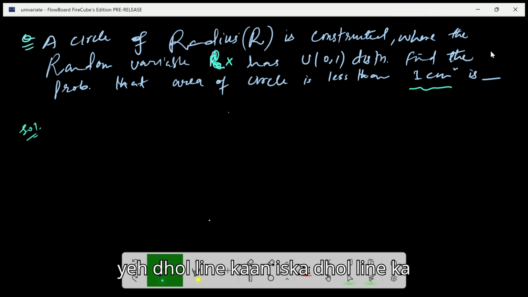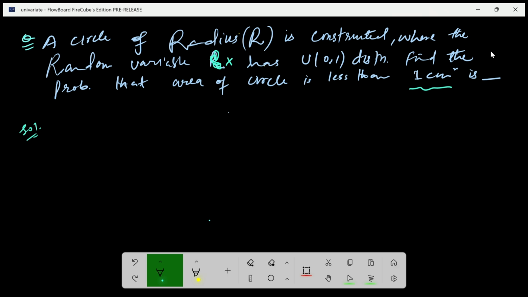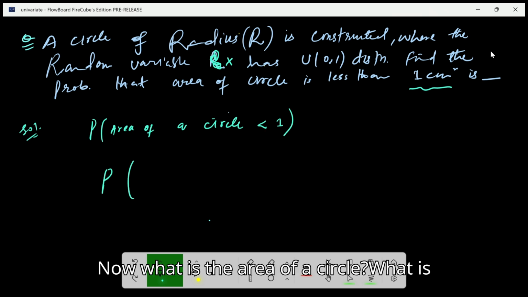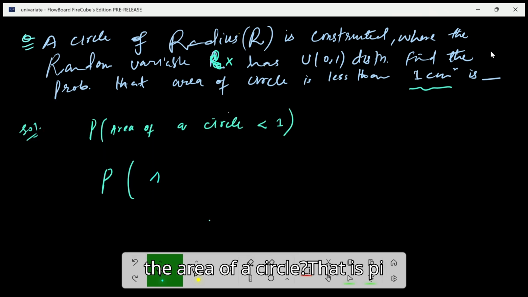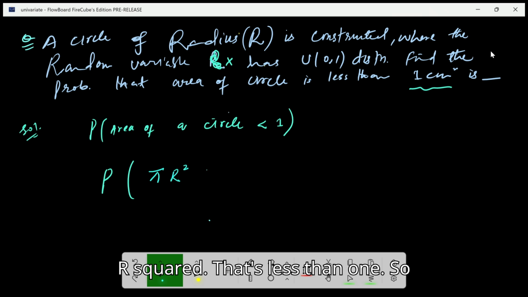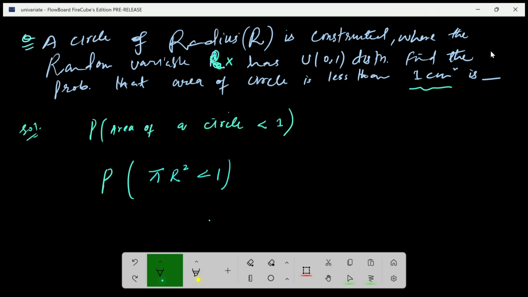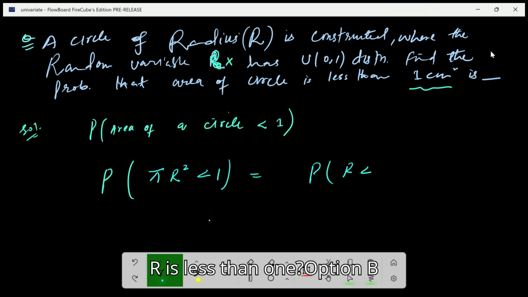ये इसका 2 लाइन का सोल्यूशन है। कैसे, देखो हमें क्या पूछा गया, प्रोबेबिलिटी एरिया ऑफ ए सर्कल इज लेस देन 1। अच्छा, नाउ व्हाट इज द एरिया ऑफ ए सर्कल, दैट इज पाई आर स्क्वायर, दैट्स लेस देन 1। तो हमें प्रोबेबिलिटी किसकी पूछी है, प्रोबेबिलिटी आर इज लेस देन 1। ऑप्शन भी लिख लेता हूँ मैं, दैट्स ऑप्शन नंबर